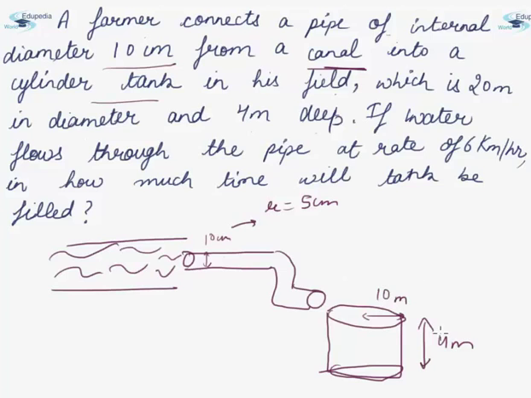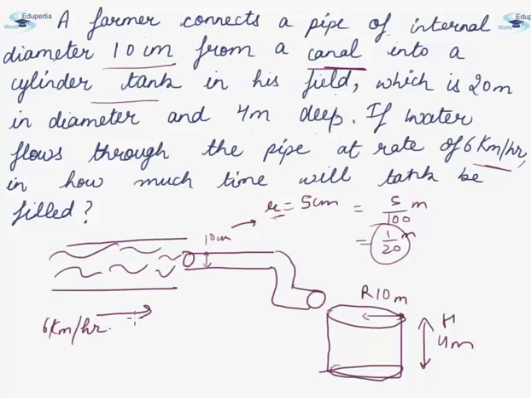Now since these two dimensions are in meters, let us first convert this radius into meters. It will be 5 by 100 meters, that is 1 by 20 meters. Let us denote these two dimensions by capital R and H, because we have denoted the radius of this pipe by small r. Now further the statement says if water flows through the pipe at a rate of 6 km per hour, that is, water is flowing at 6 km per hour,